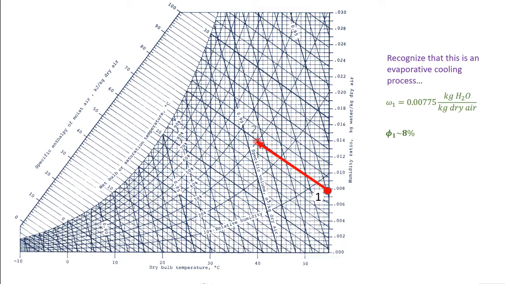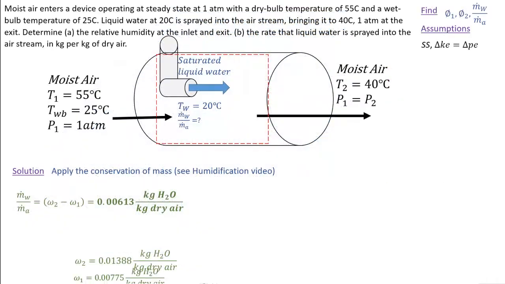So now I'm just going to draw a line along that wet bulb temperature of 25 degrees Celsius to where it intersects with the dry bulb temperature of 40 degrees Celsius, and I'm going to go ahead and pull off the relative humidity, which is what I need to get anyway. And then my specific humidity, and the reason that I'm getting this is because if I apply my conservation of